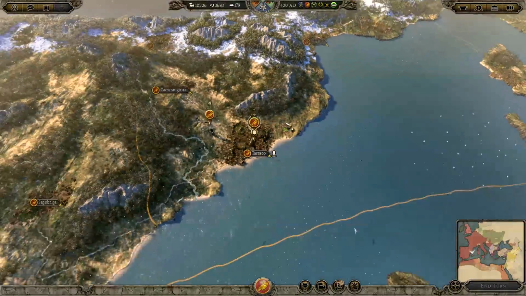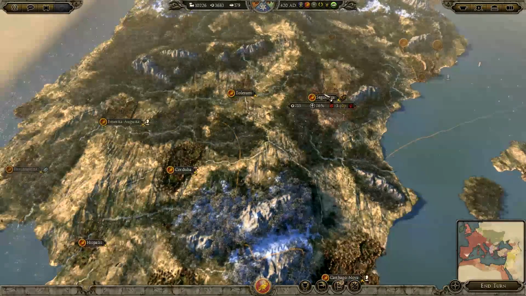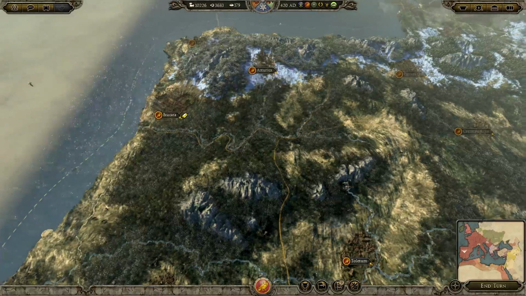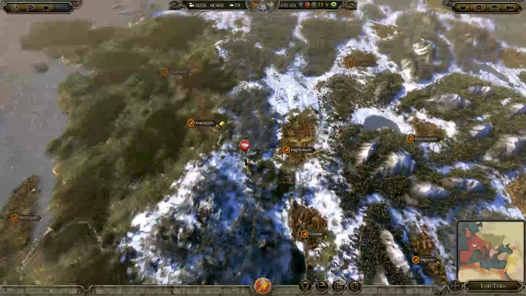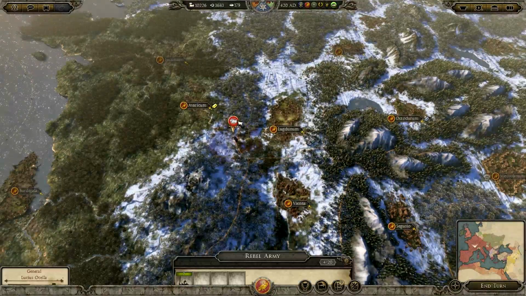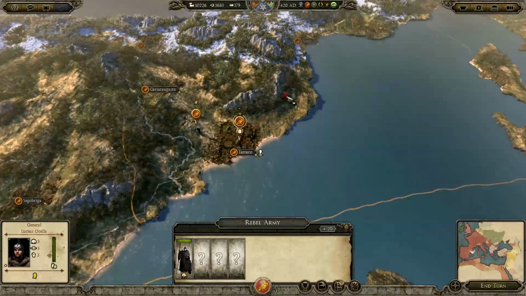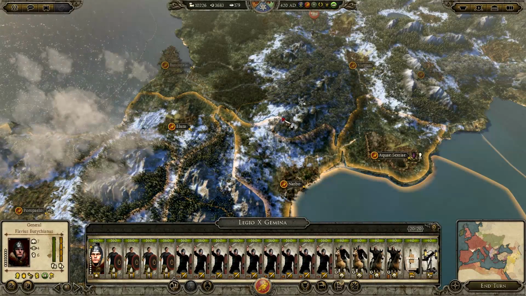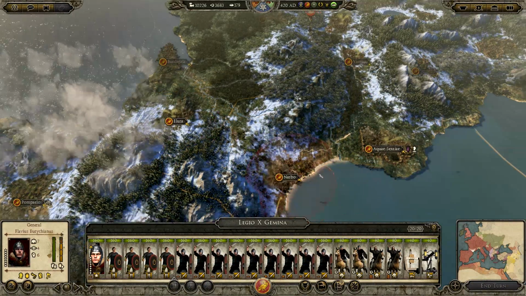How are we going over here in Iberia? How's the public order? It's slowly getting better, which is really nice to see. It's just taking time. Right, okay. Oh, there's even rebels here. I might actually go deal with them now. I forgot about them. We'll send this army north to Narbo, so we don't lose